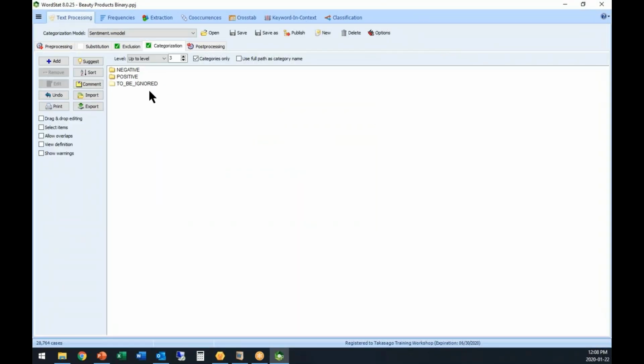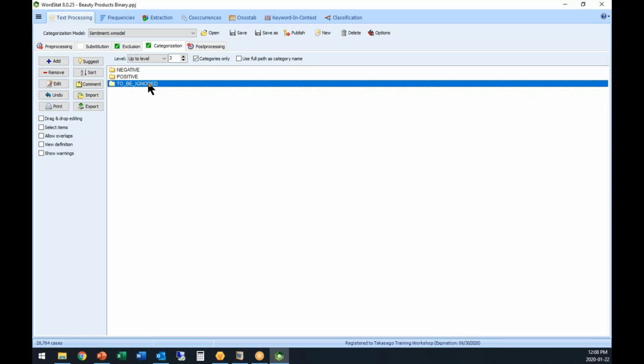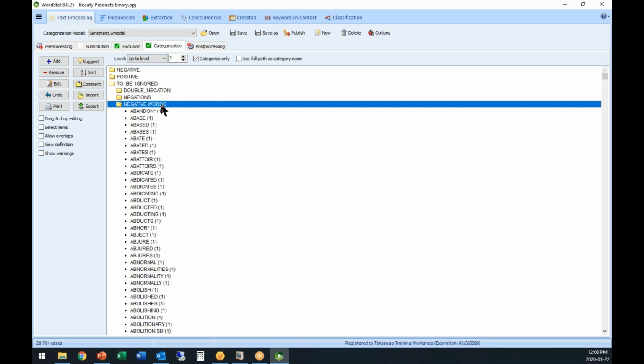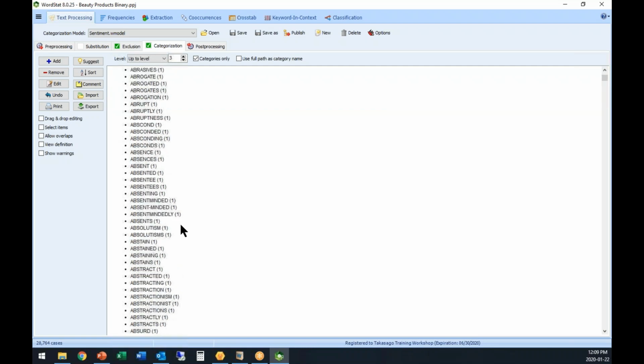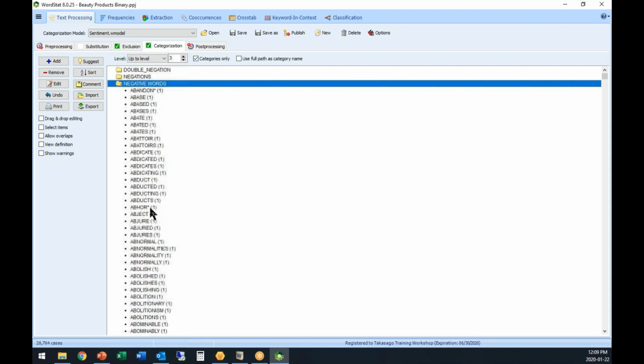So I do have a dictionary, and let me show you how the dictionary works so that you can understand what we start with. And again, this is a pretty old version of our sentiment tool. Our newer sentiment tool is much better, I would say, but it would have been difficult for me to show you how to customize if we had already done the job on that. So negative words are the lexicon of a lot of words that we believe are negative, and